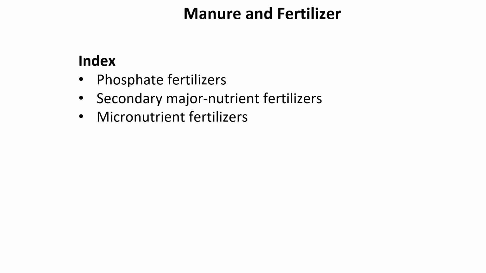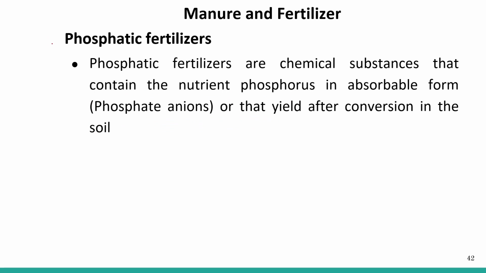So in this session we are going to study about phosphate fertilizer and secondary major nutrient fertilizer. There are many different types of fertilizer: primary, that is nitrogen and phosphate fertilizer, the secondary major nutrient fertilizer, and some fertilizers that contain micronutrients as well. So this we are going to cover in this particular session. So the first one is